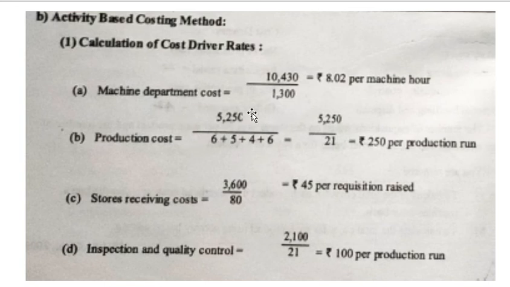Because information about setup cost is not given, production cost will be the cost driver, and the cost should be of the similar activity. So when the cost driver is production run, the cost also would be production cost. So 5,250 divided by the number of production runs, 5,250 divided by 21, will give you rupees 250 per production run.